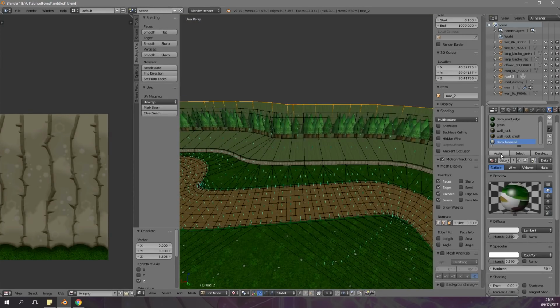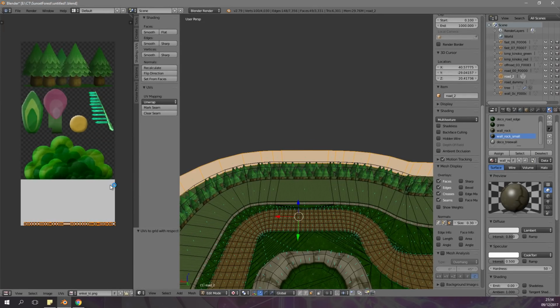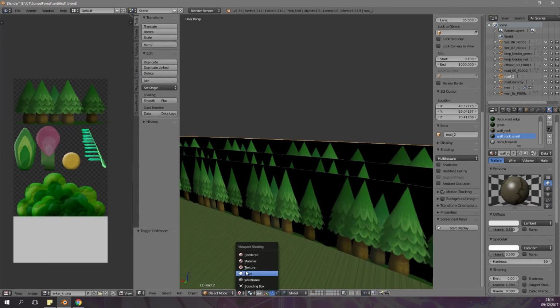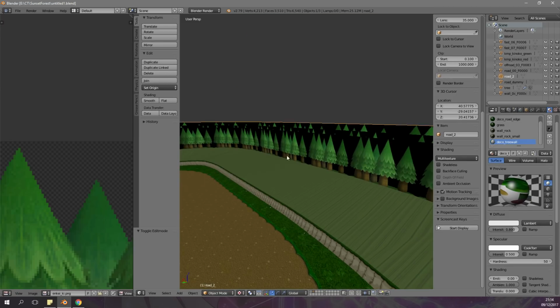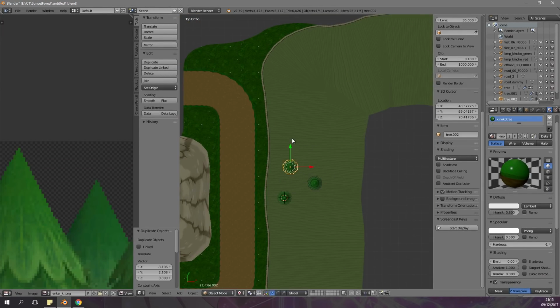And of course I can't really use trees for this because that would be way too many triangles. How many trees is that? I mean, for Wii U, I could have done this and just copy-pasted the trees 10 billion times. There we go. The transparency only works in the editor for some reason when I'm in edit mode. But yeah, there's 3 layers of trees, and at this point I'm going to